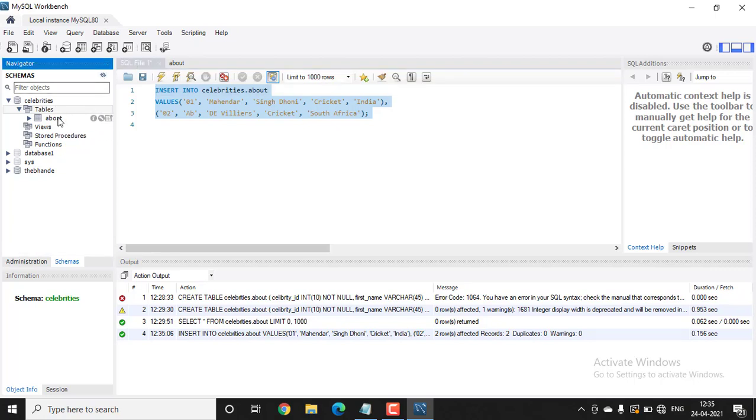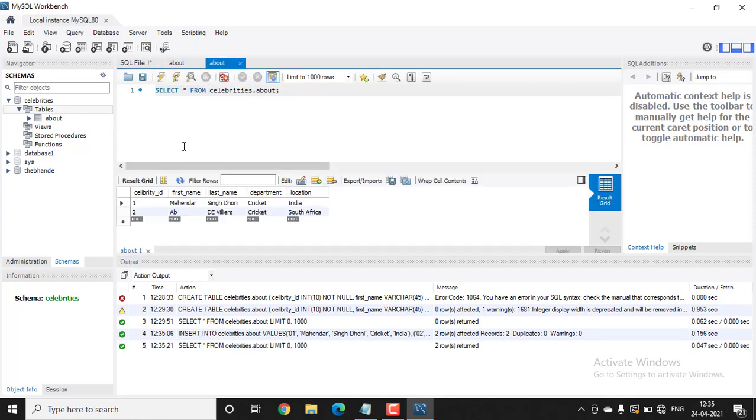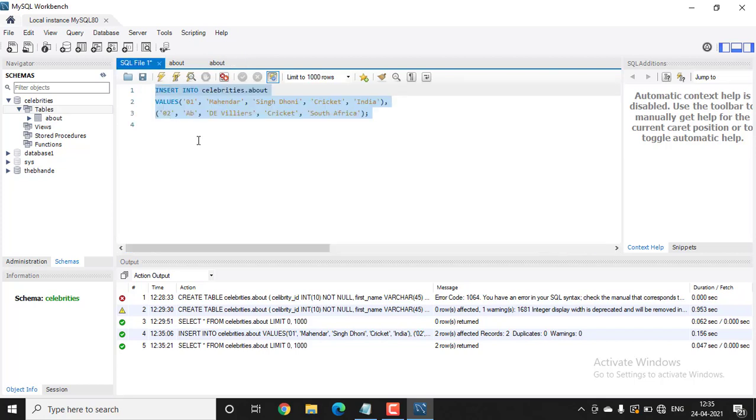Now refresh here and then click on this table icon. As we can see, we have successfully added two values, that is Mahendra Singh Dhoni and AB de Villiers. Now let's add more values.